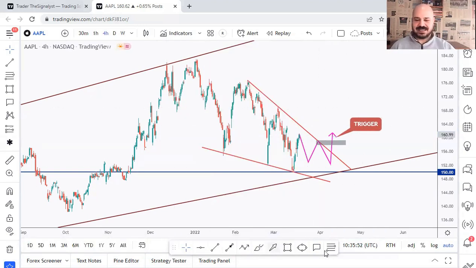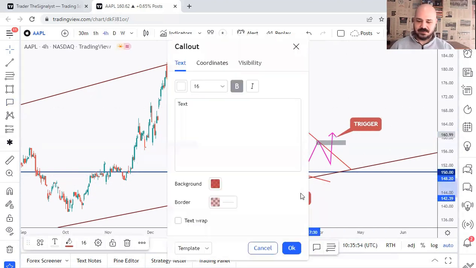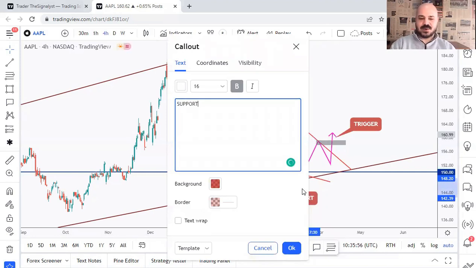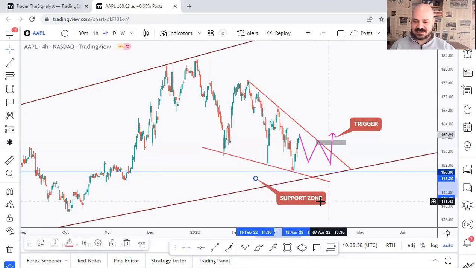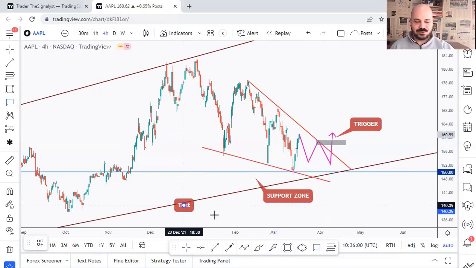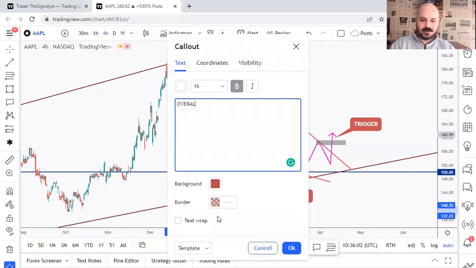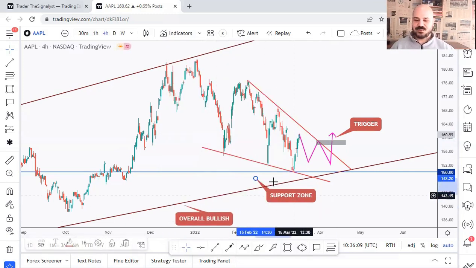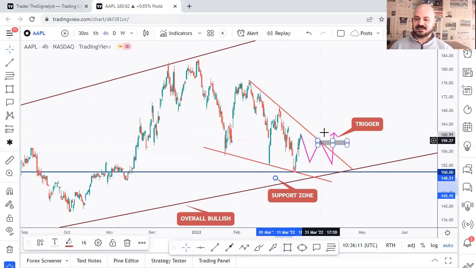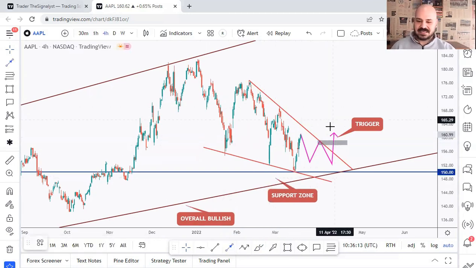And I also like to go for this area here. Here we go, support zone. That's why we are looking for buy stops in the first place, right? And of course, I can also go for overall bullish, right? So this is basically it. This is how I post my analysis. Overall bullish, approaching a support zone, waiting for the trigger to enter the buy, and when the buy is activated,